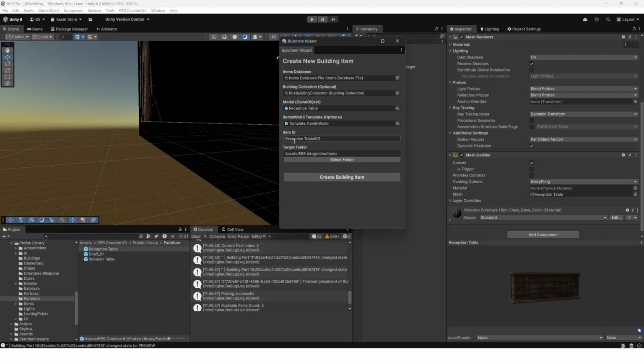It already suggests reception table 001. I probably could have made that better so there's no spaces. Because a space is fine in an ID technically, but I don't really like that. And then 001, that's kind of the standard naming convention. The target folder is items,